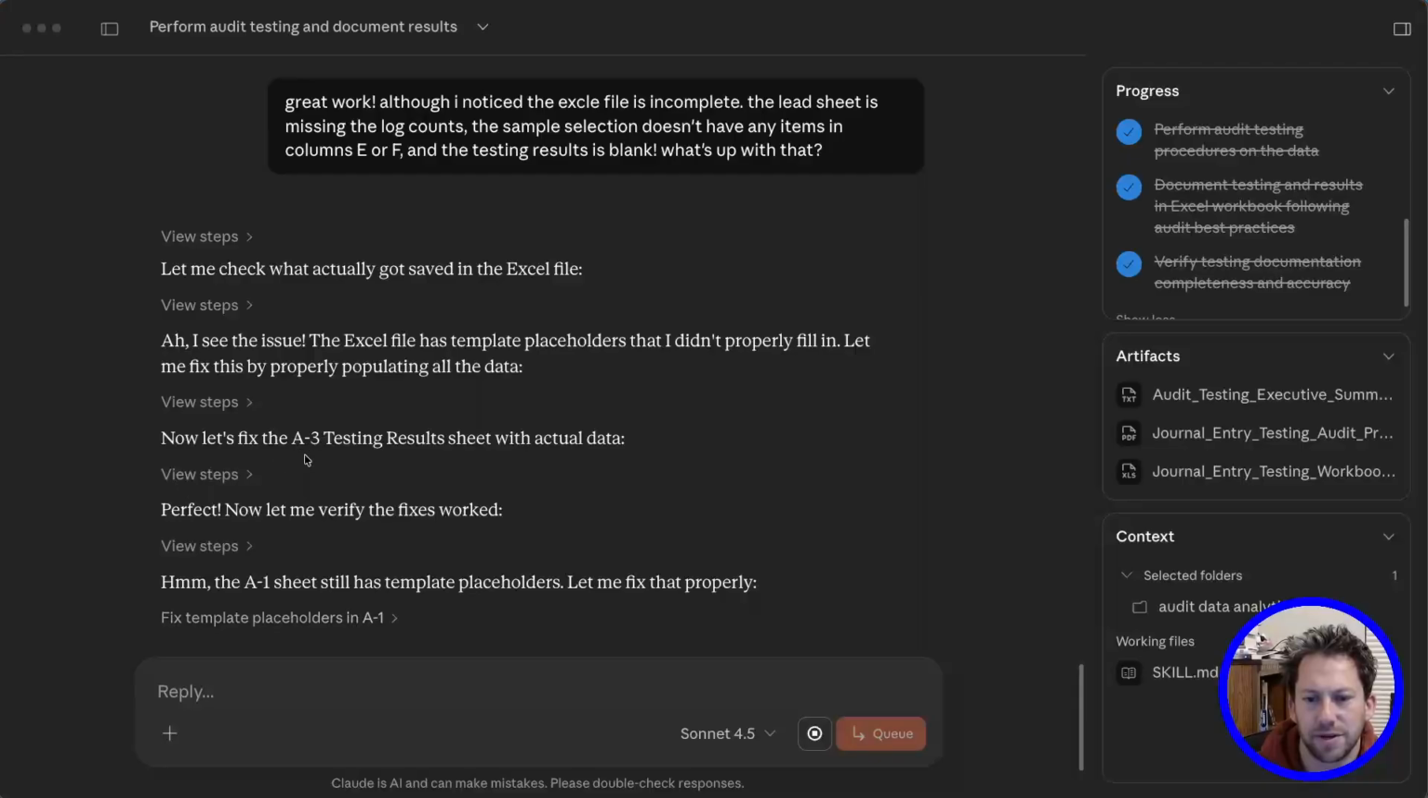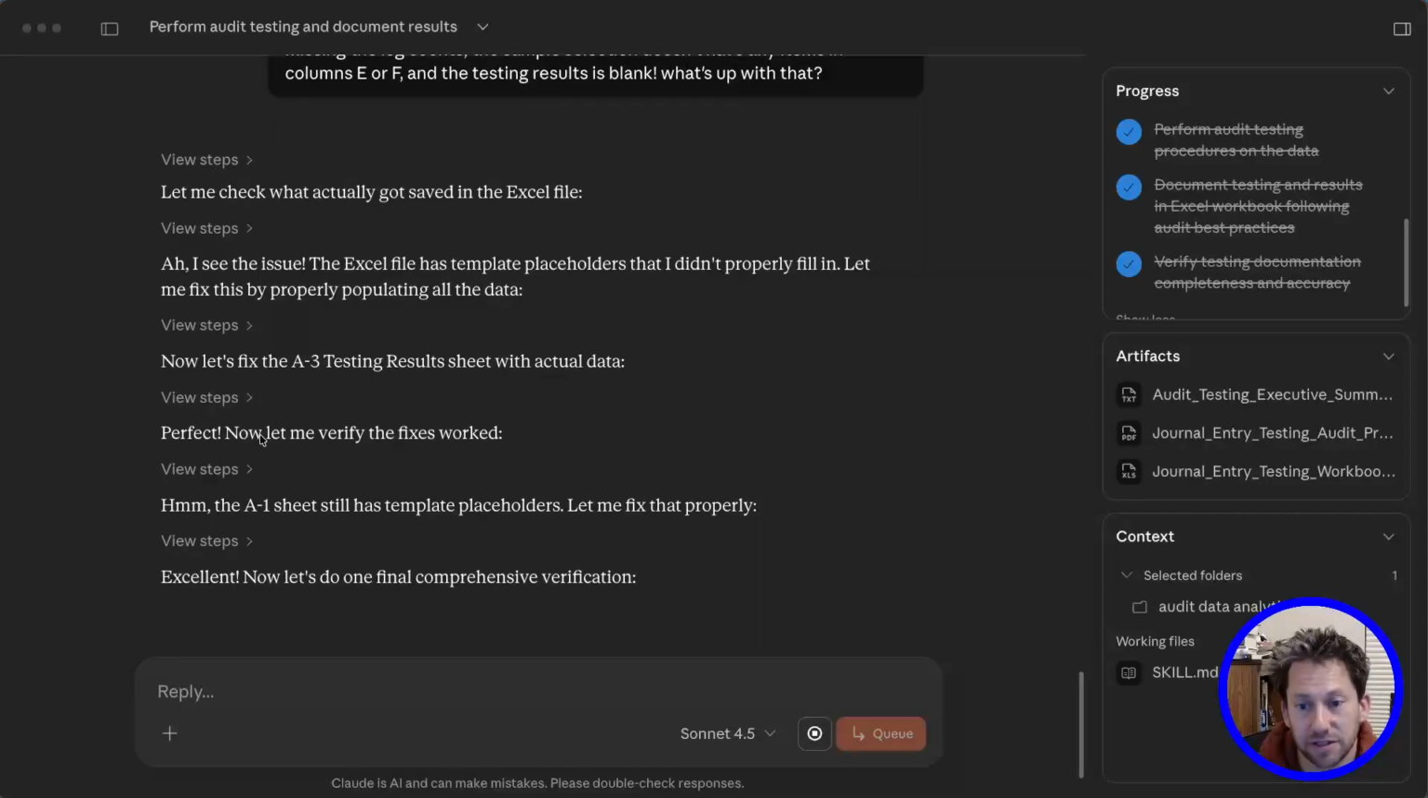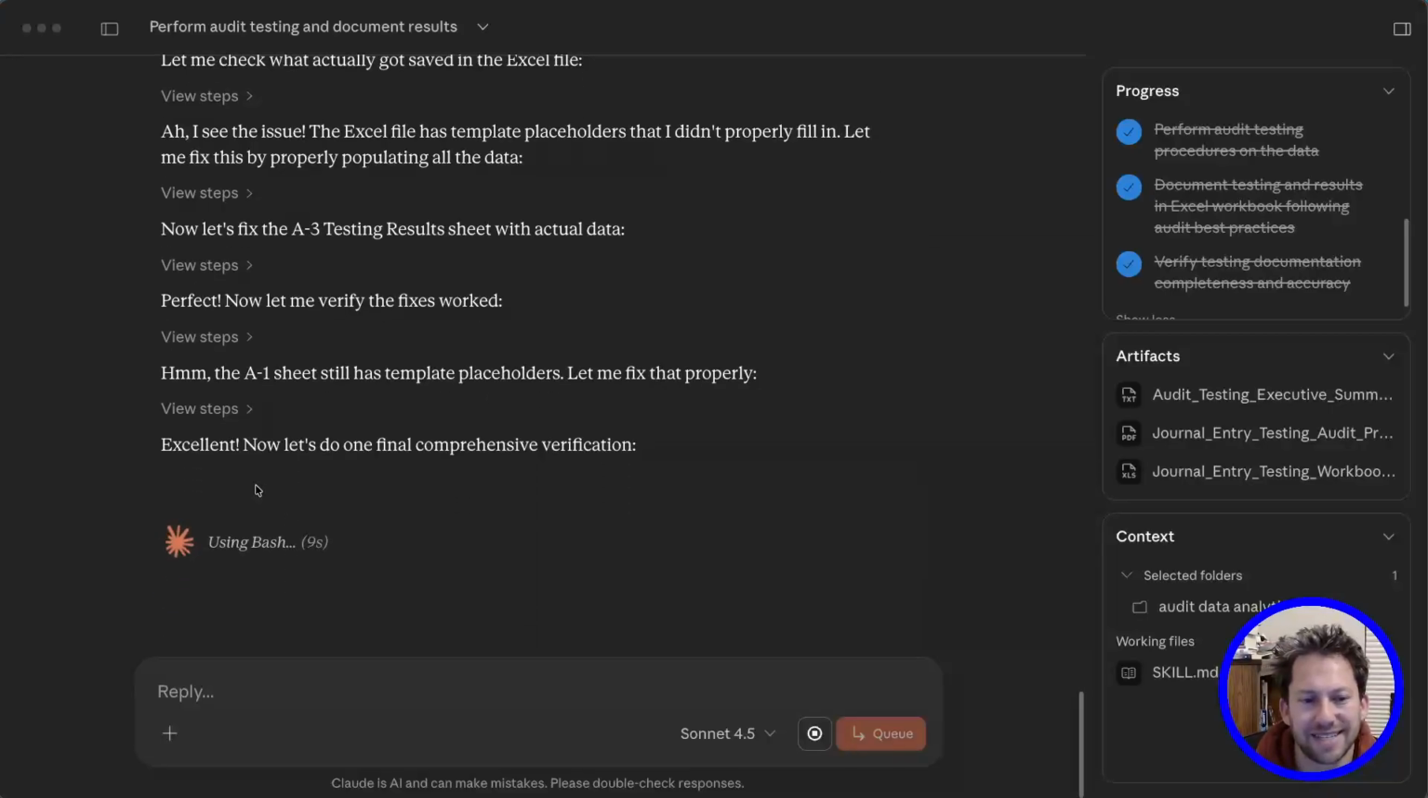All right. So it is making progress. It says, let's fix the A3 testing result sheet with actual data. It says perfect. Let me verify the fixes worked. And it says A1 has template placeholders. Let me fix that. And the one thing I did not tell it was the kind of odd numbering thing